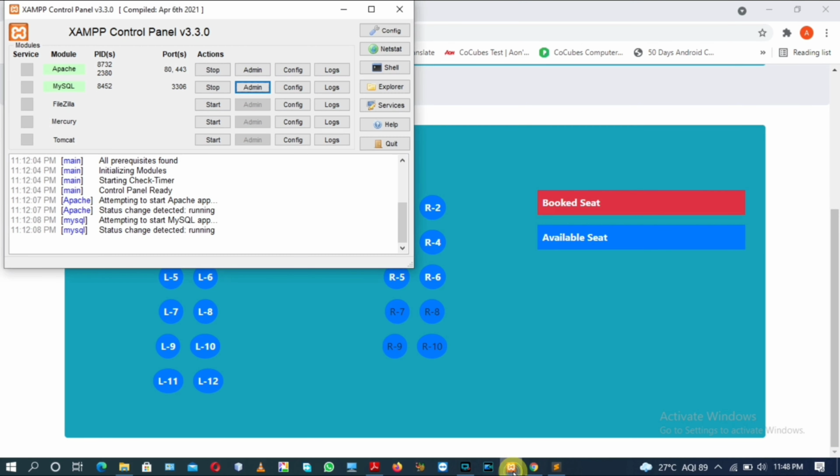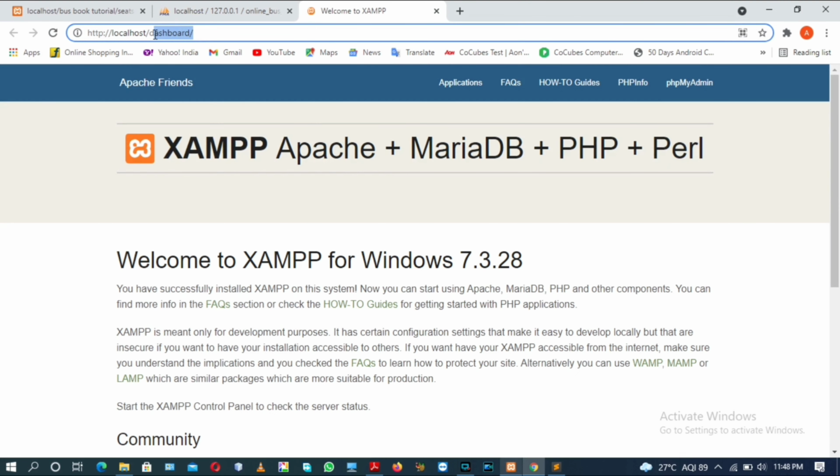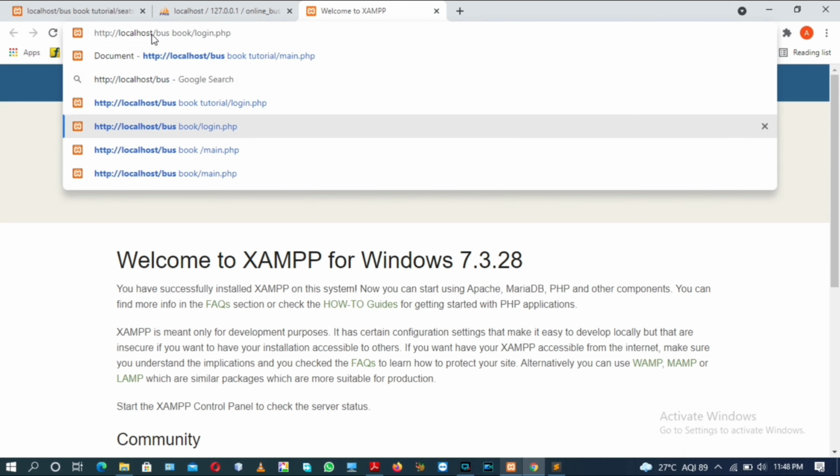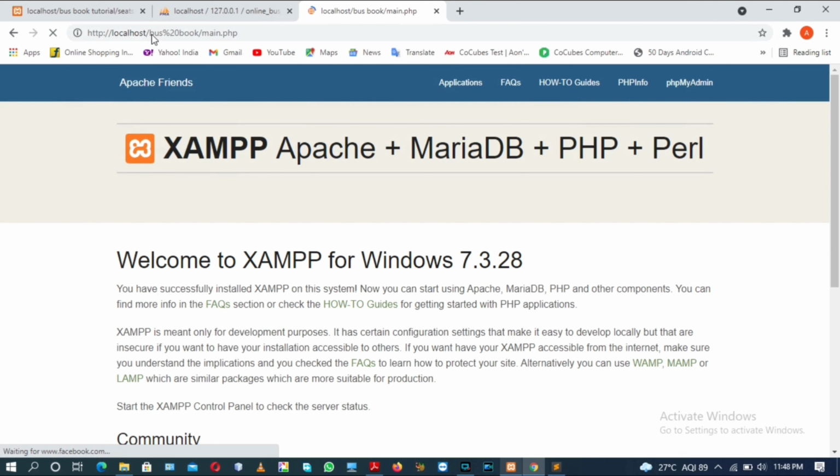For this I need to go to my XAMPP Apache server admin portal, where I can open my sample project, busbook, main.php.